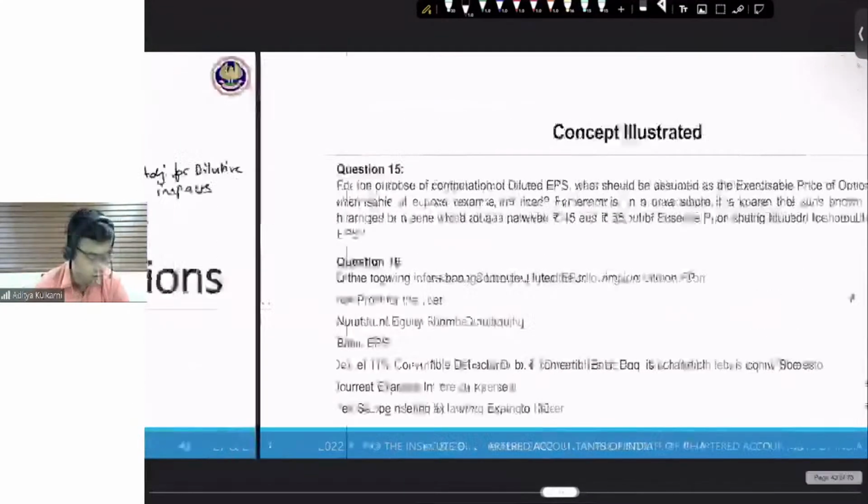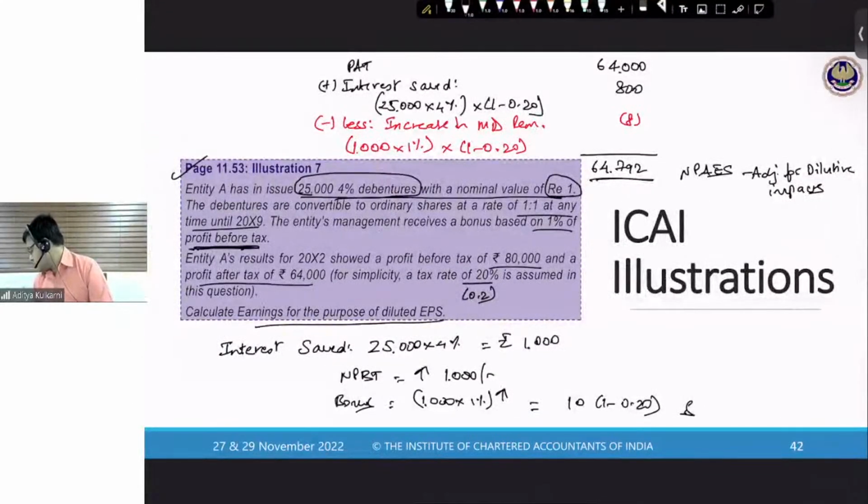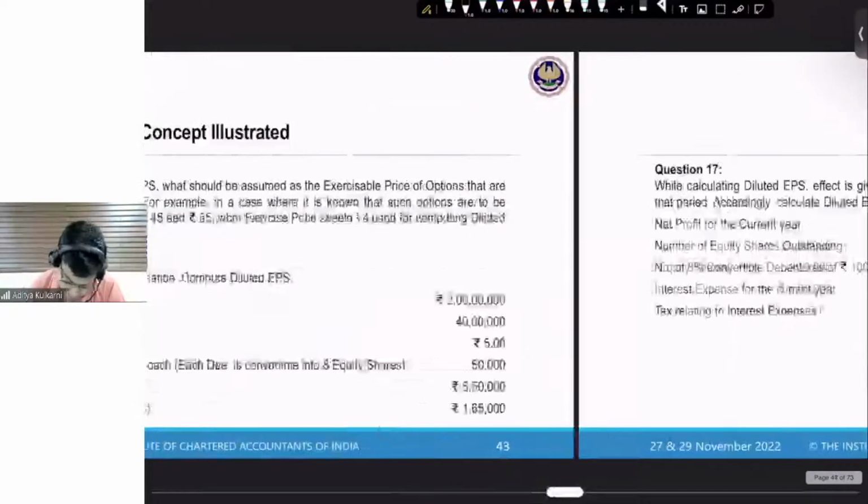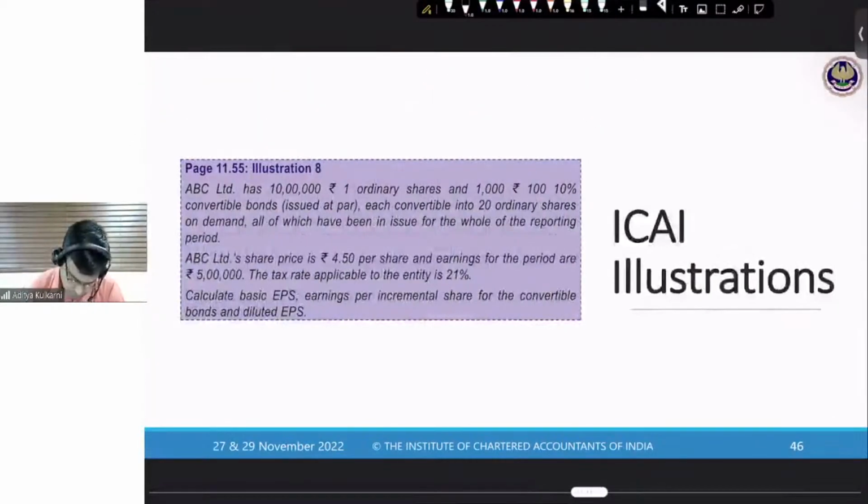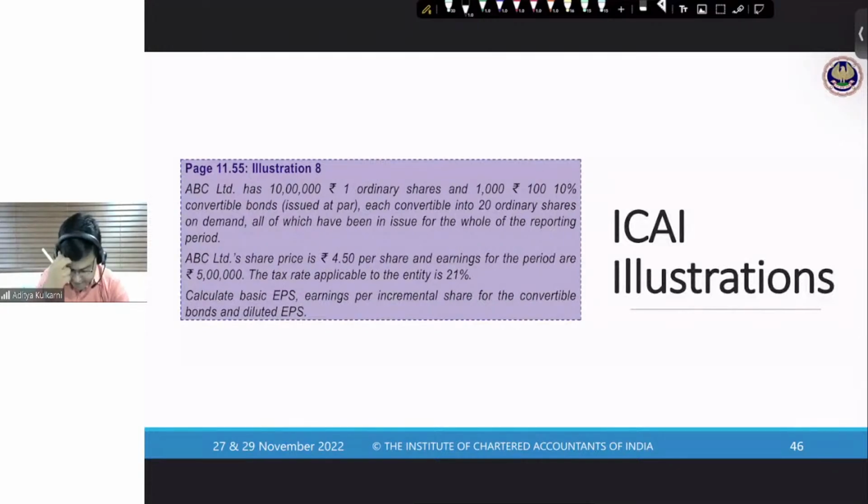Let us then move on to the next one, illustration 8, again from your study module. This is something known as incremental EPS. Basically, what is incremental? Because of conversion, what is the increase in my earnings? What is the increase in my shares? So divide both of the incremental things and then you should be in a position to arrive at the incremental